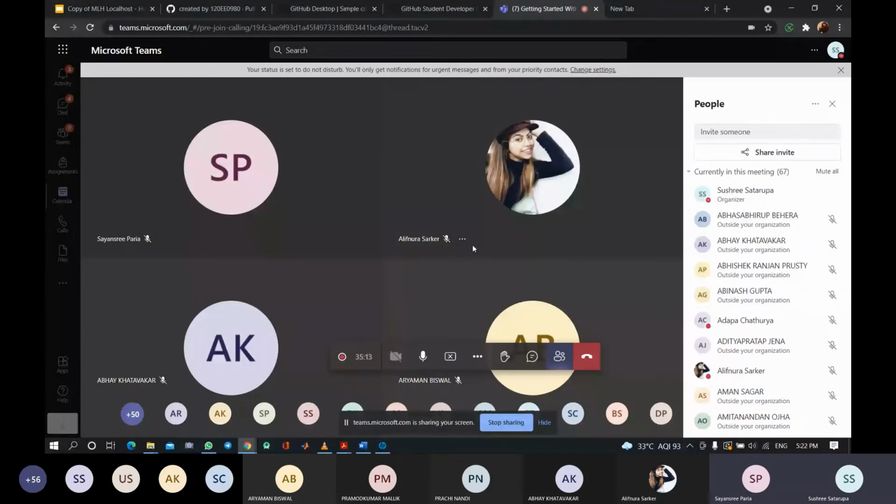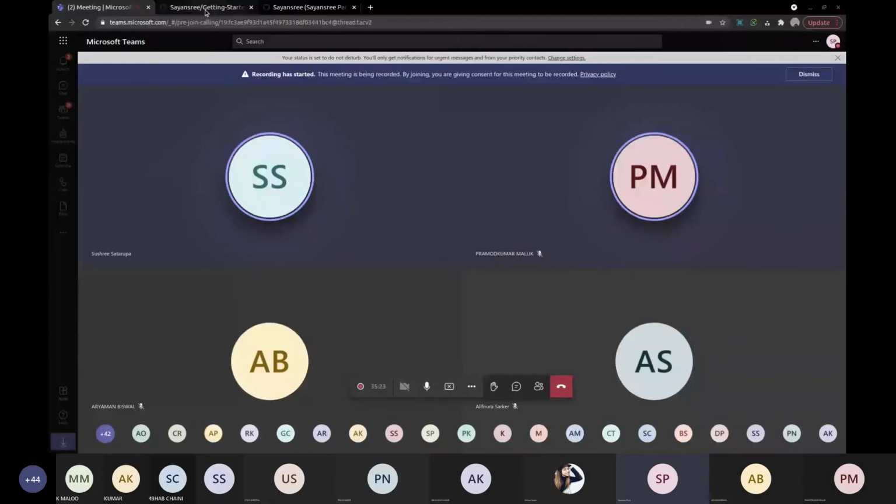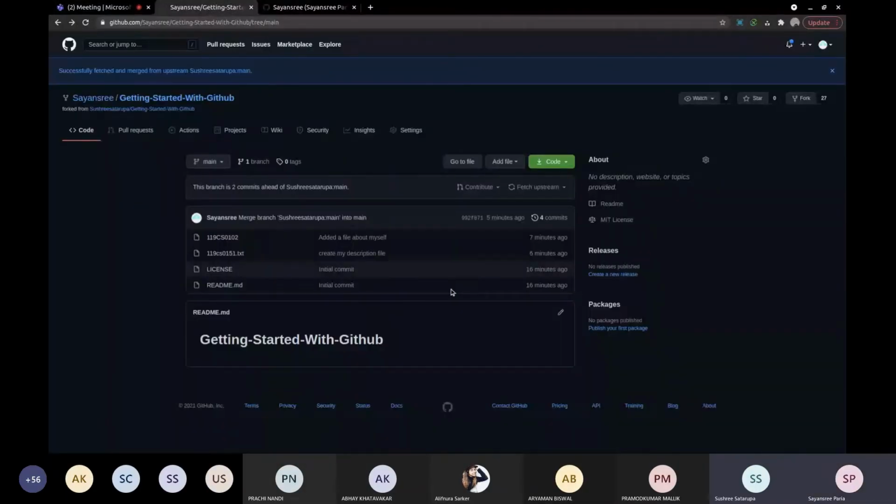You will see in your pull request section that it is showing merged instead of open. It will show a purple color merged. Yeah, Sansi, so once again, how to create a pull request. Yeah, like this. Okay. Merge option.